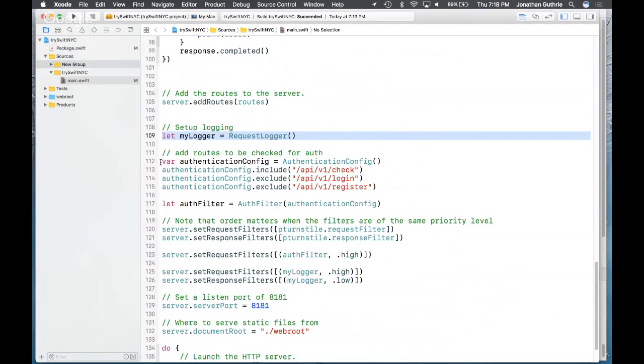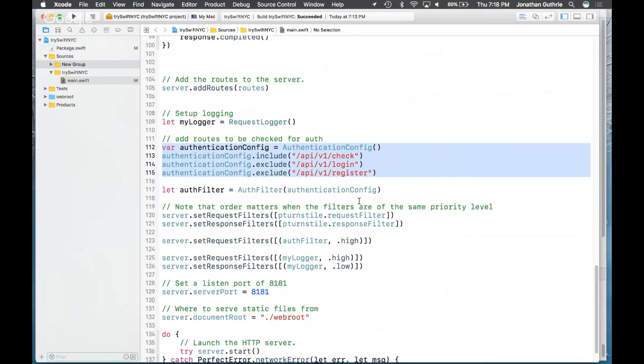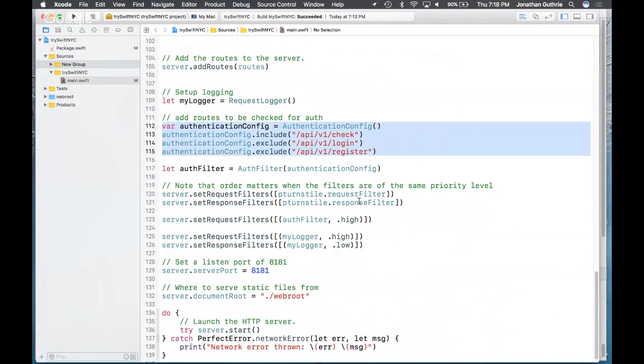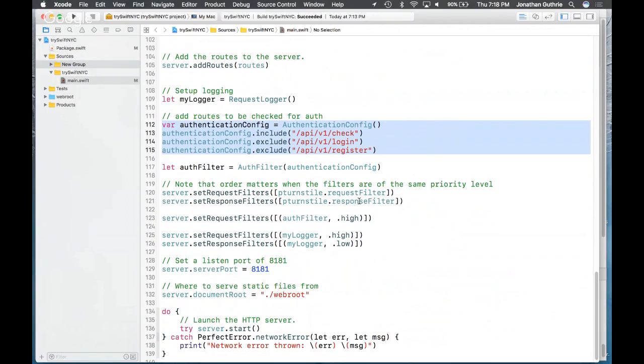The authentication configuration. We want to be able to include or exclude various different routes from authentication based upon various different rules. These set up the rules. All of this documentation is actually available on the website. So I'm going to publish this finished demo at the end. You can pick through it and if you want to have a look at the API documentation or the more textual documentation later.